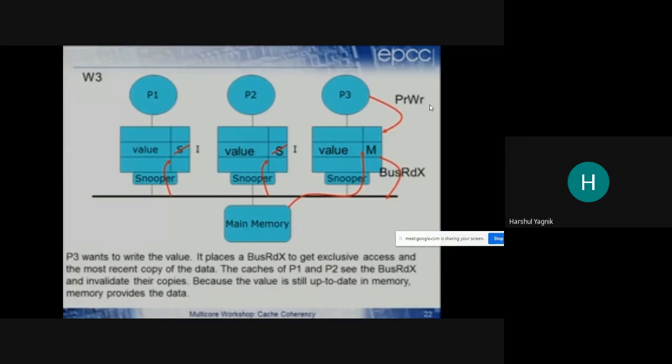They immediately invalidate their values. They say, well, somebody else has grabbed this, and they're going to modify it. I better scratch off my values. They're scratched off, and then the data comes from the main memory. So now we have an invalid cache line, an invalid cache line, and a modified cache line in